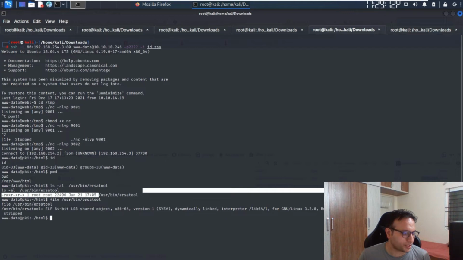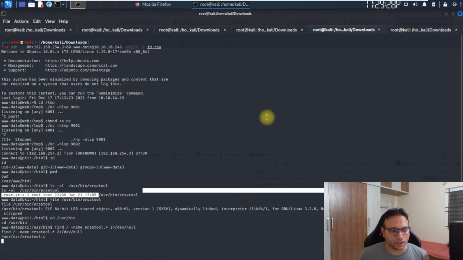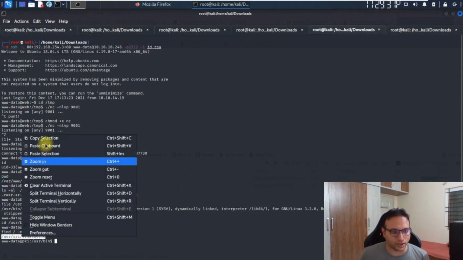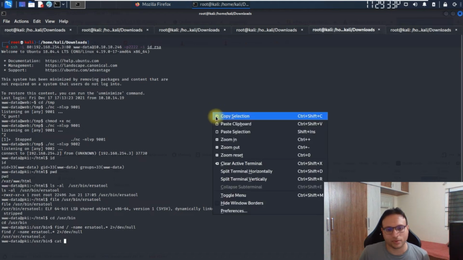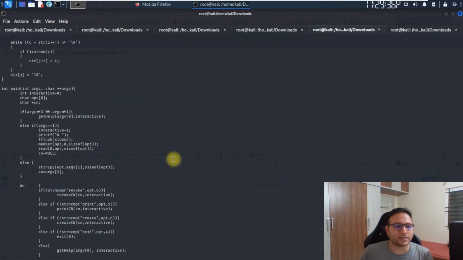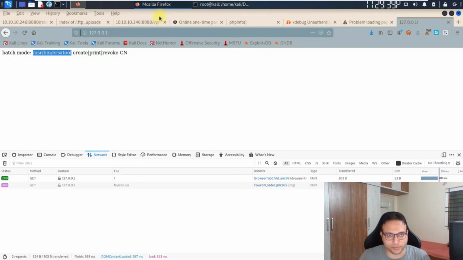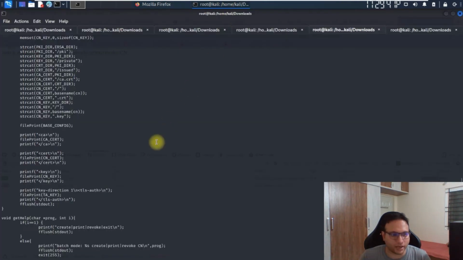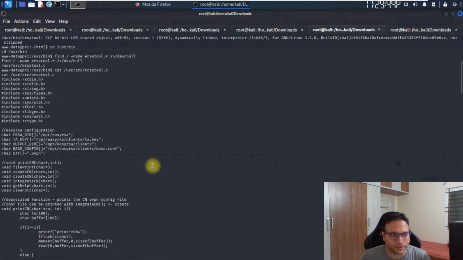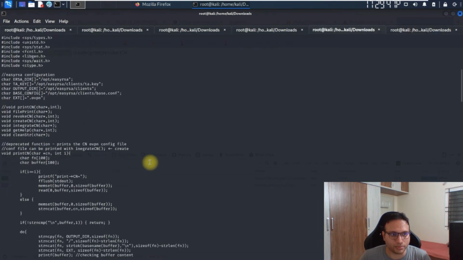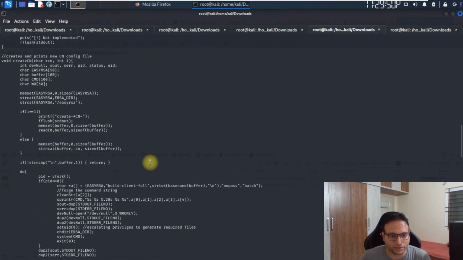The next step, we'll simply go inside the /usr/bin folder. I want to see the code of this file. To get that accessible, we'll search for the exact path of it and we'll get the path of the code, and we'll try to access that also. So this is the exact code of that file which we are seeing in our browser. I'll access this and see the complete code. I've gone through it completely, so you also have to read it once.